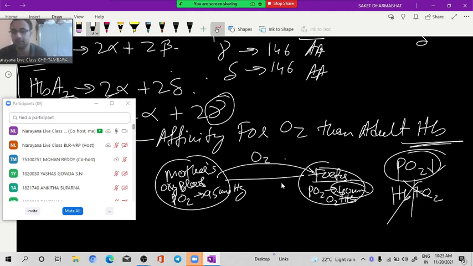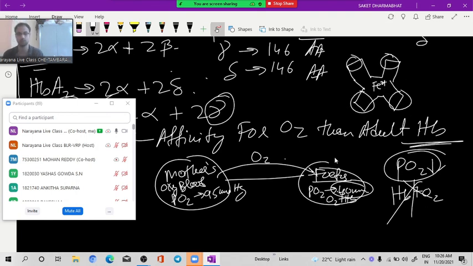At MBBS level, they will ask you why hemoglobin is carrying 4 oxygen only. Why is it not carrying 5 oxygen? Because of what? Porphyrin ring. There is one porphyrin ring like this. In biochemistry, you have to study in first year. Something like this. Here Fe2+. Here 4 seats are there. In those 4 seats, one oxygen comes and sits. That is the reason behind that. Okay, so RBC is totally over today.